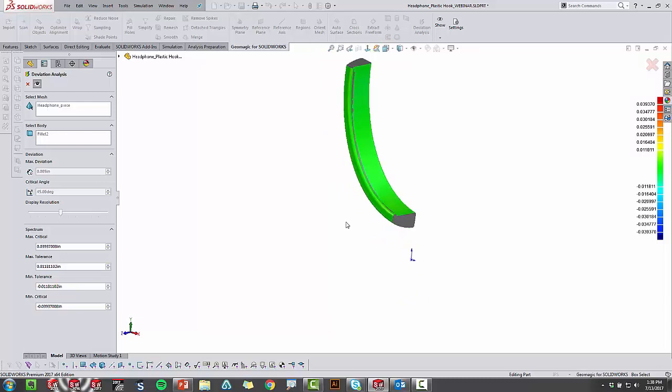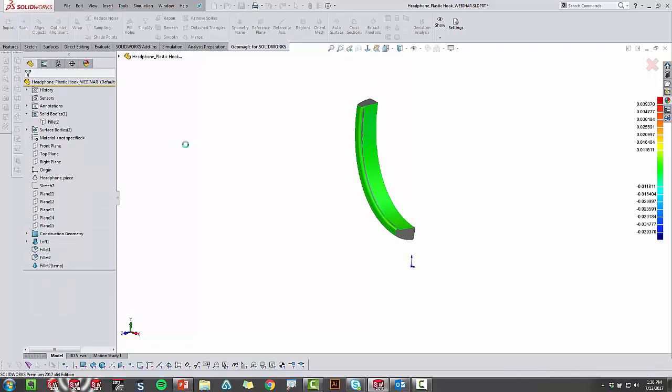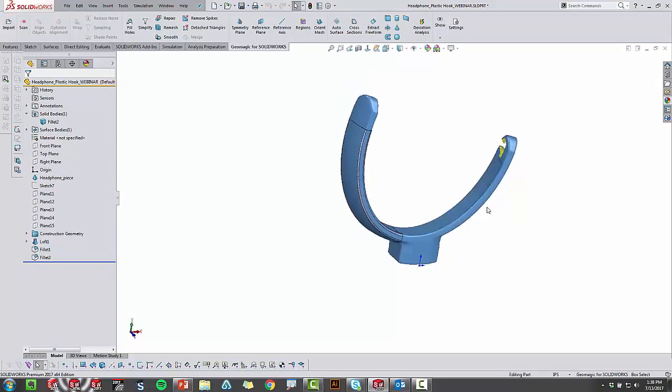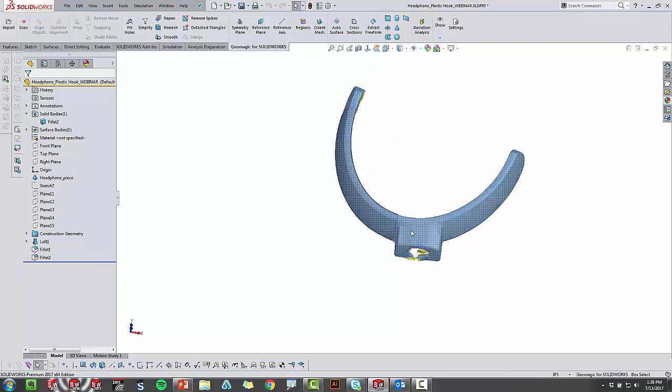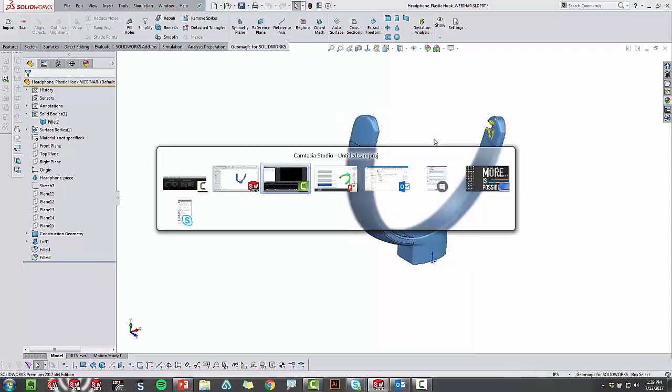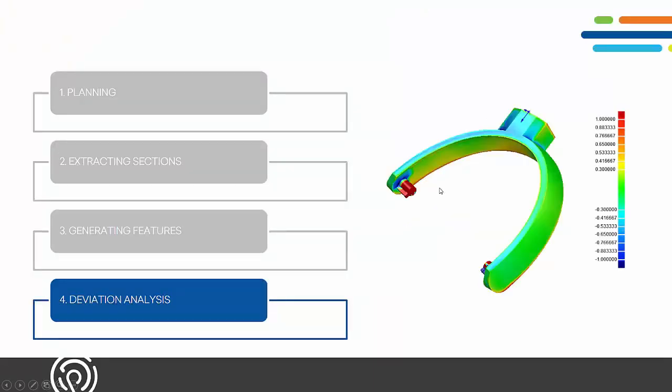You can add more features. You can continue to refine the sketches if you want. I'm gonna exit out of these, and the same process that we followed for this area on the left, we could follow for this portion on the right. The bottom piece, the base, is actually even easier. This is just a boss extrude up to a body or a surface. So you would probably have an idea of how to construct that. These will probably need a couple more cross sections, but really this is it. Going through all of the different steps, this is how we would reverse engineer products that we scanned, and we use the